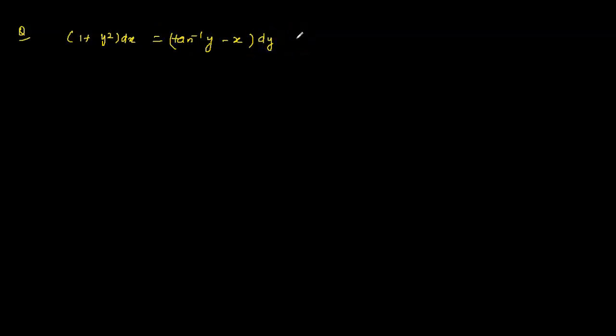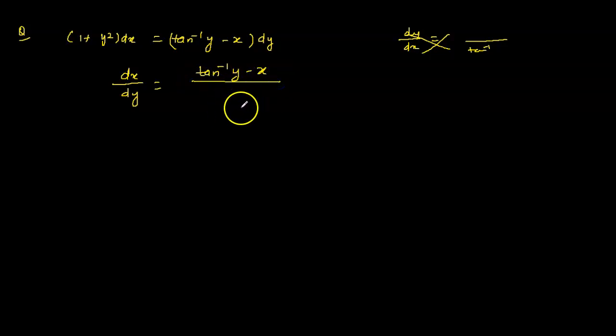Okay. So see here in this one, if you bring it to this side and write it in terms of dy by dx, then this tan inverse will come in the denominator, so it will not be very easy to simplify. So what I will do is bring the dy by dy to this side, meaning I will write it in terms of dx by dy. Because tan inverse of y will then be in the numerator, we can simplify further. Something you can do, but in the denominator it will be difficult. Okay, this one I did.